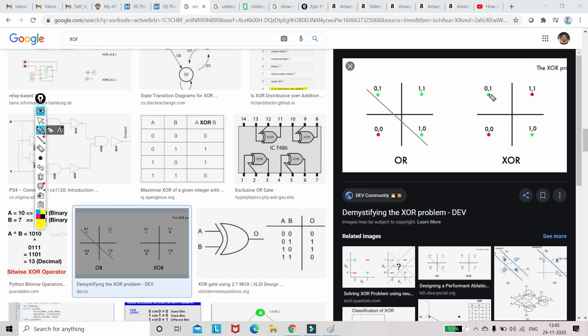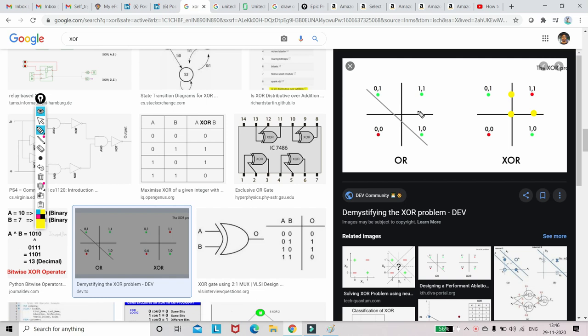Don't go by coordinates, like 0 is nowhere here. You can think of it as -1, and if going by 0, the points would be lying here, here, and here, in different colors. But to make it simpler, they have put it like this: one point you can think of as -1 comma 1, and this you can think of as 1 comma -1.